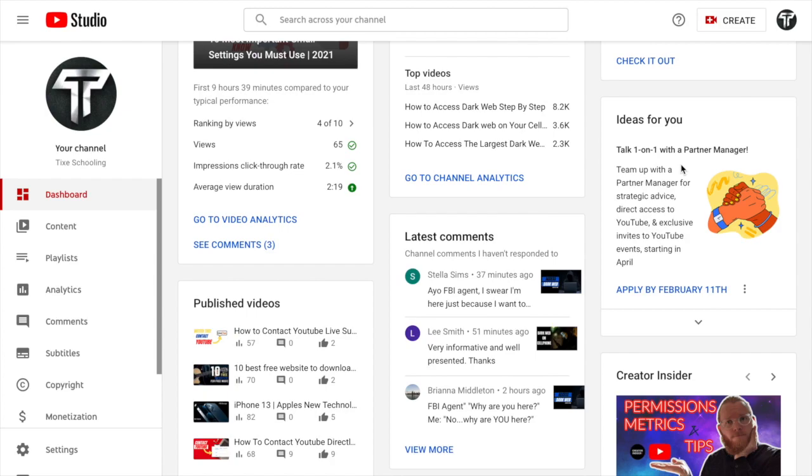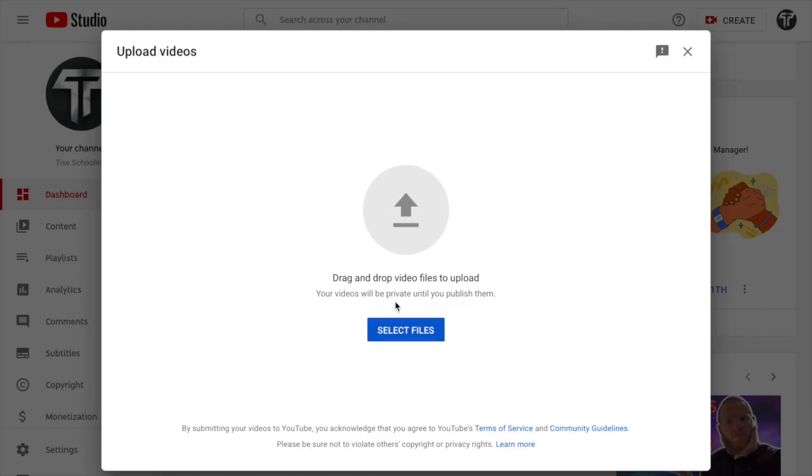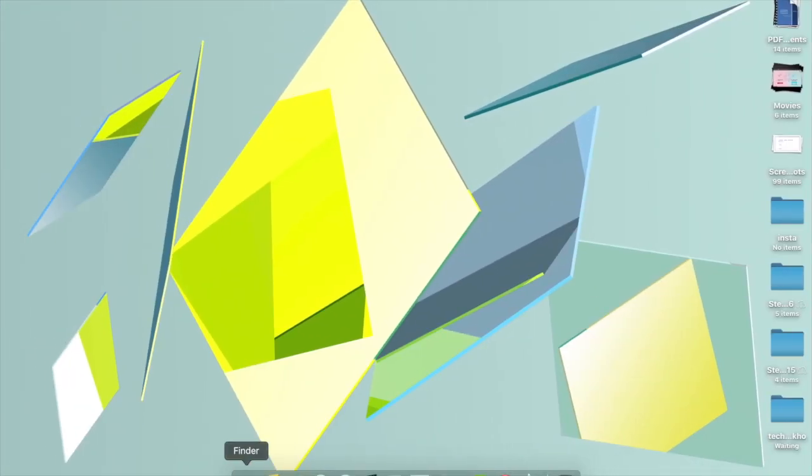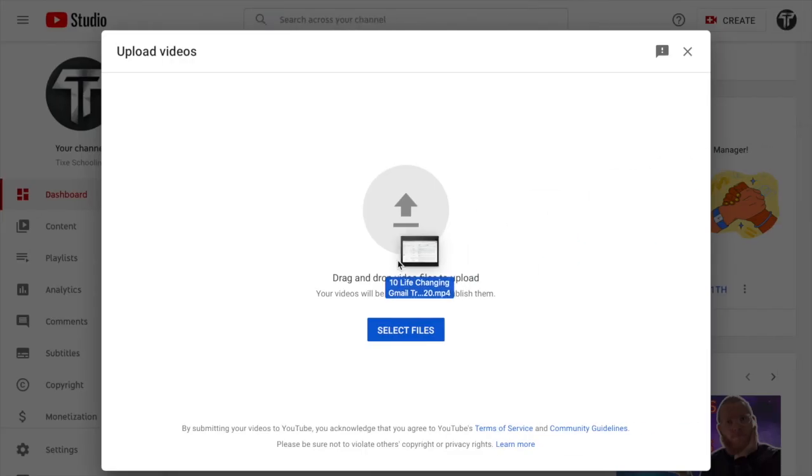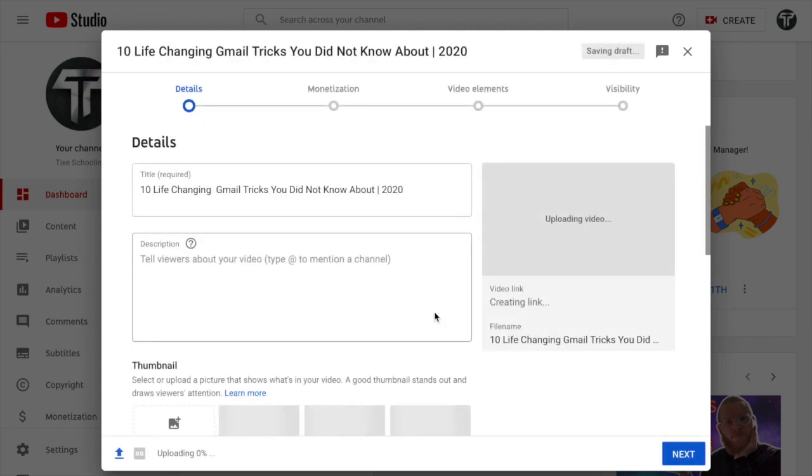As you reach YouTube Studio, click on Create and click on Upload. And you want to drag and drop any videos that you think you should upload. Just for example, if I want to upload this 10 life-changing Gmail tricks, bring it, paste it here, and it will start uploading. So if you think you want to schedule it, just click on,